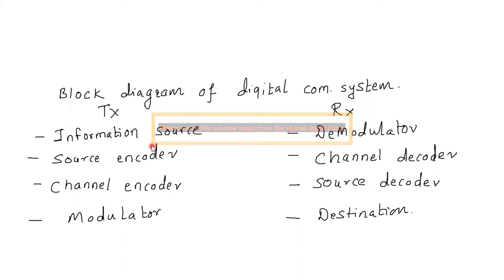The information source can be analog, that means a continuously varying signal with time, or it can be a discrete information source. In case of analog communication, the information source is analog, as I have told you. Analog information sources are such as a microphone, I'm just giving an example. A microphone is a source of information which is actuated by speech, and it continually emits one or more